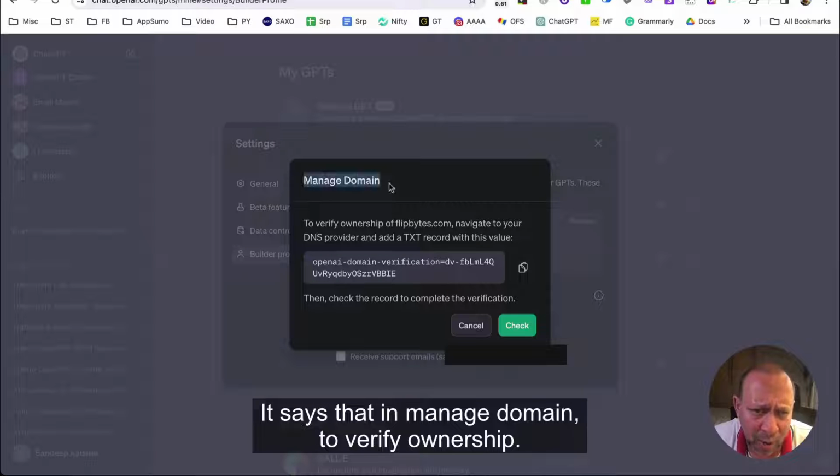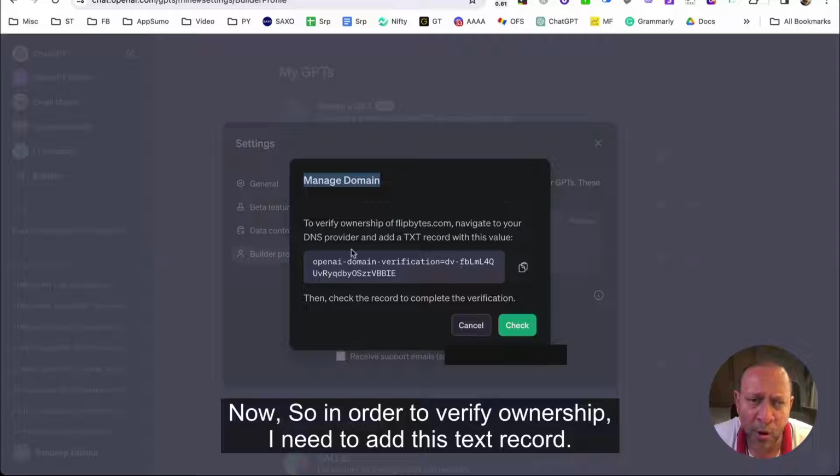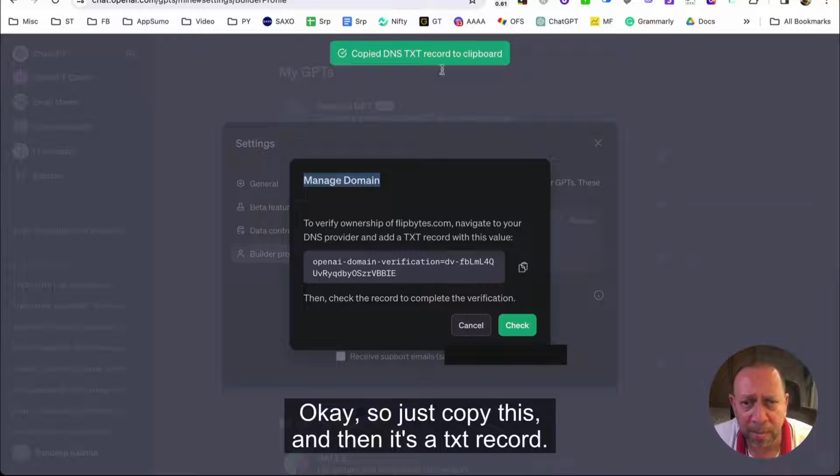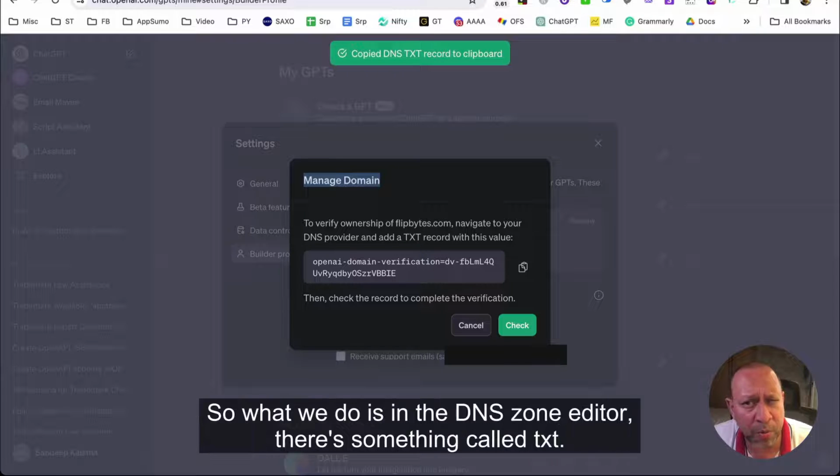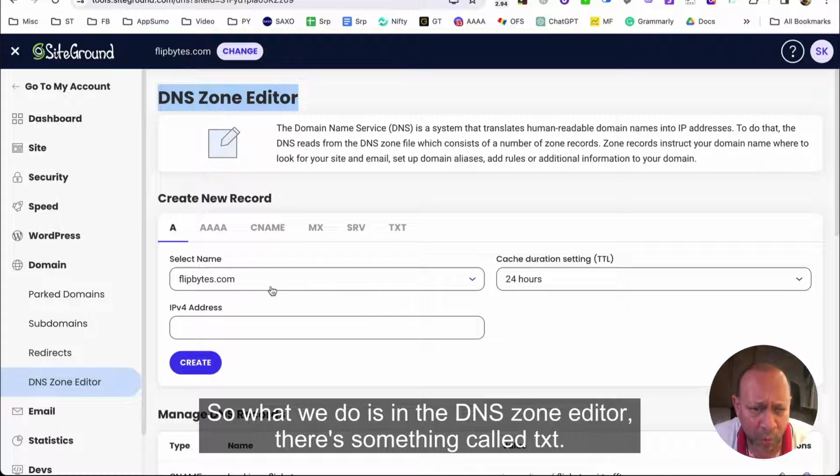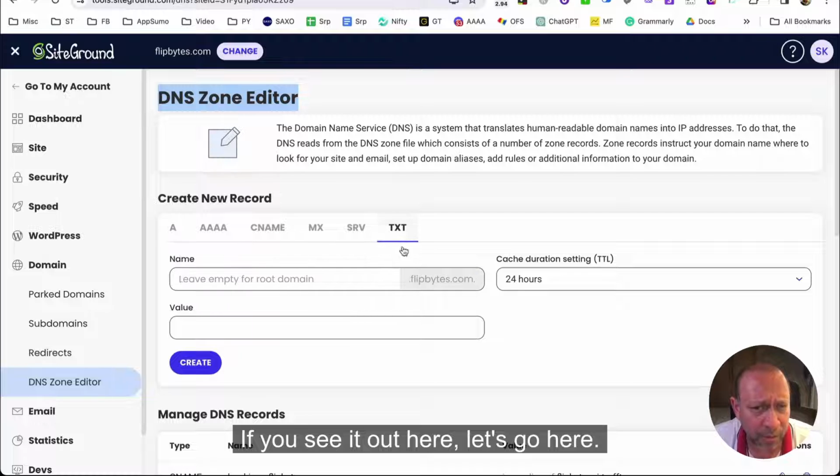It says that in manage domain to verify ownership. Now, in order to verify ownership, I need to add this text record. So just copy this, and it's a TXT record. So what we'll do is, in the DNS zone editor, there's something called TXT. If you see it out here, let's go here,